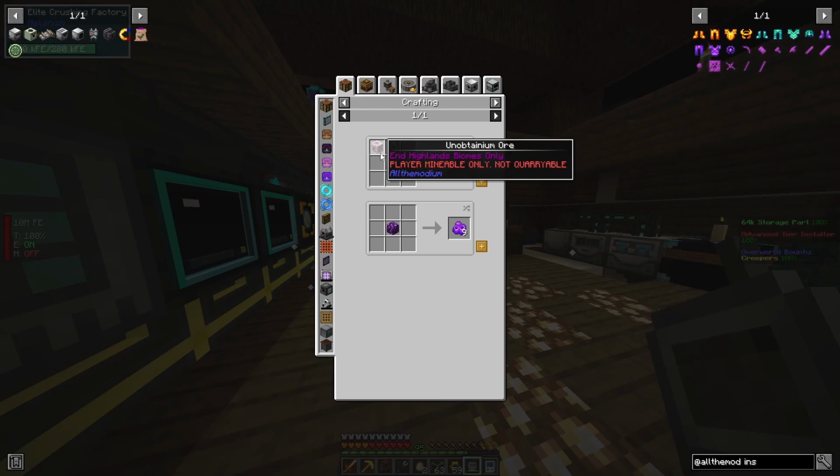All right, so I want to get some Unobtainium ore. We're going to be progressing into some magic mods. We've been doing tech for a while. I kind of want to get into some magic mods, and one of the things that I want to get into